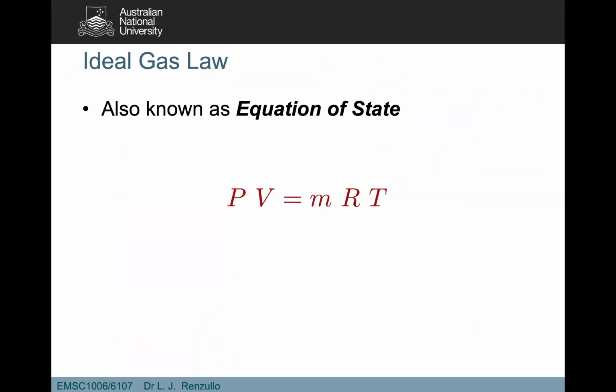The relationship between pressure, volume, and temperature is expressed in the ideal gas law, also known as the equation of state. Here we have the pressure of a gas multiplied by its volume is equal to... and I'll have to pause here because